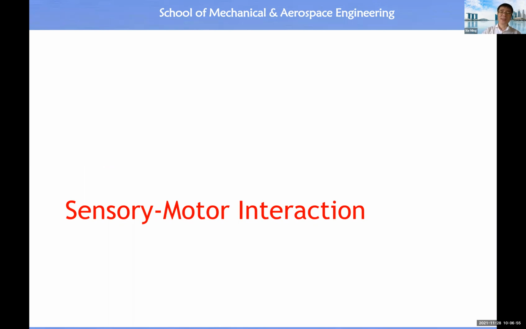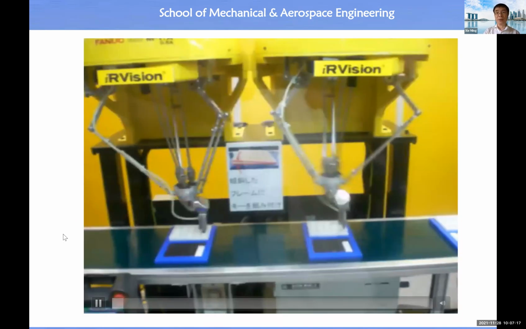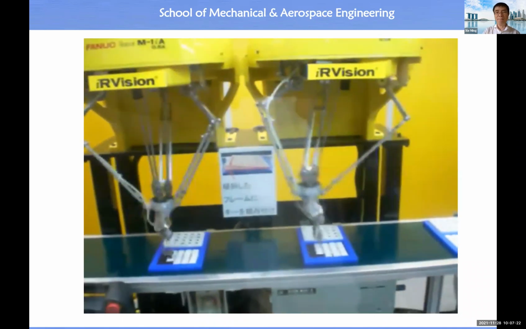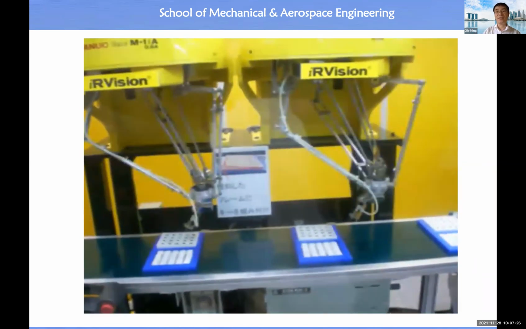With the introduction, or the background knowledge about the sensory motor interaction. And based on this concept or this knowledge, immediately you understand, okay, sensors play a very, very important role for the achievement of controllable motion by robot, okay? So this video is a typical example of sensory motor interaction, because the action taken by the motor is under the guidance